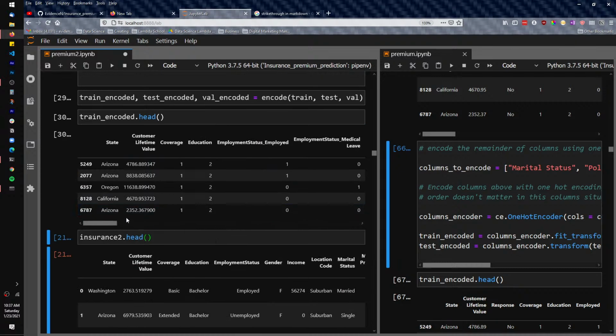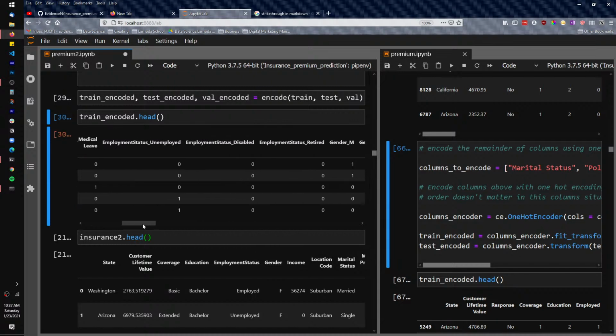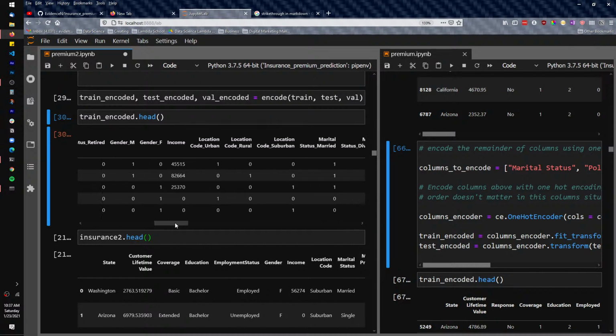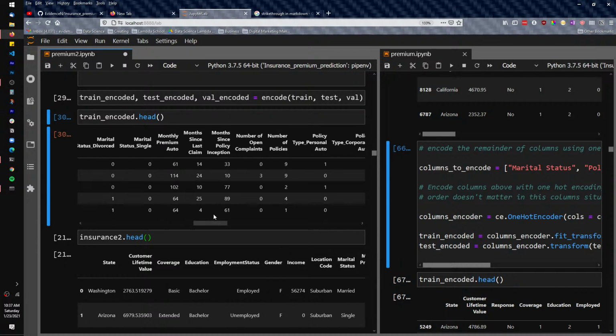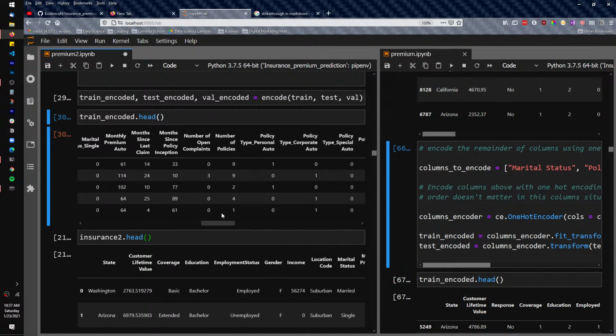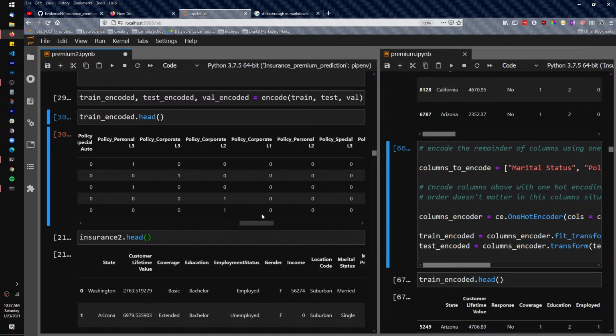All right, so something is not right. The state column was not encoded as expected. Let's look at the other columns. So employment status was encoded, location was encoded, marital status was encoded, policy type, person was encoded,